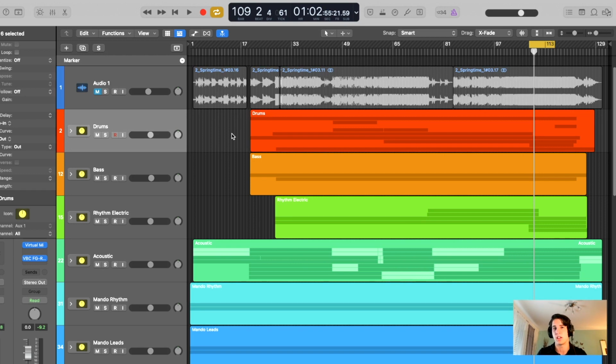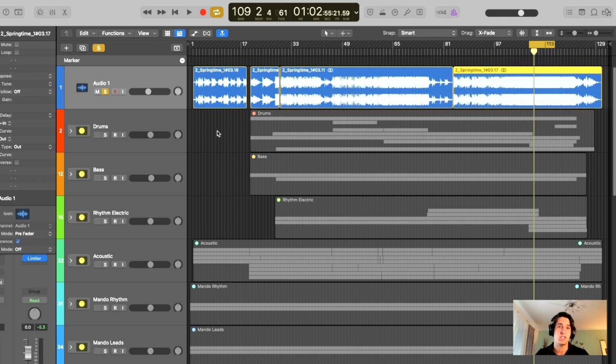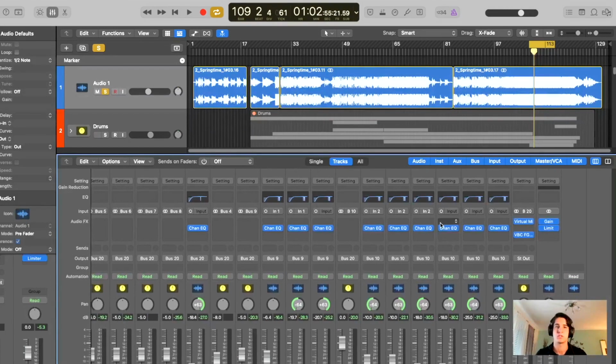However, because I know that not everybody has really developed the ears to do that, there's another method that I also might recommend. And that is taking a match EQ and referencing a reference song and then comparing that to your own song. So let me show you how that works first, and then I'll show you how I would